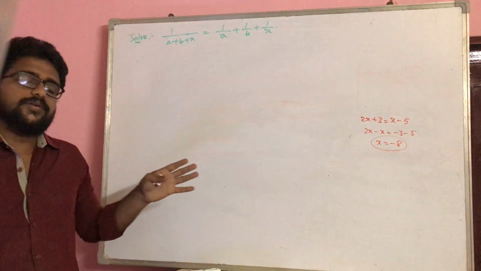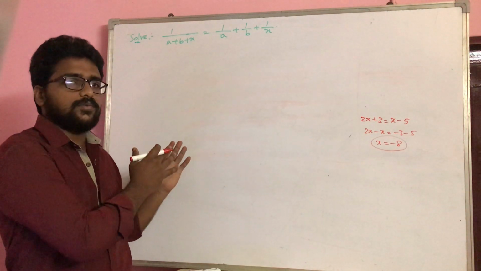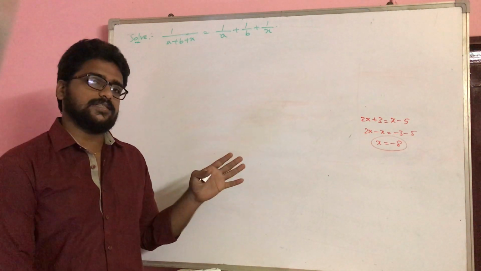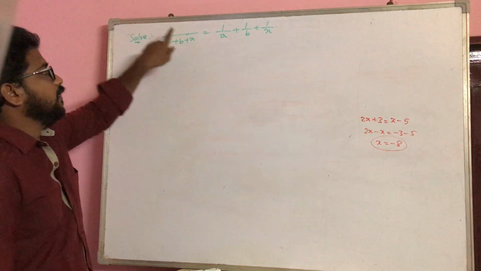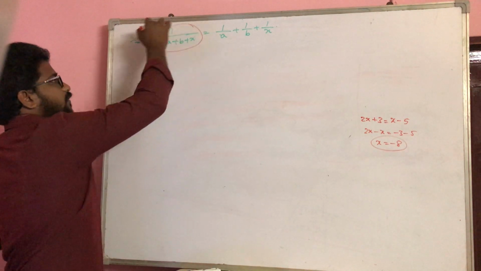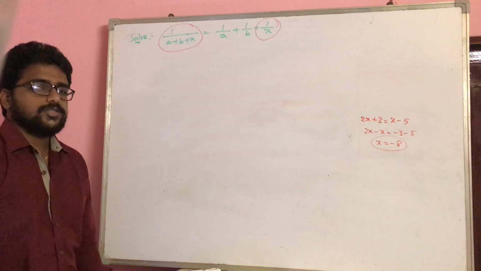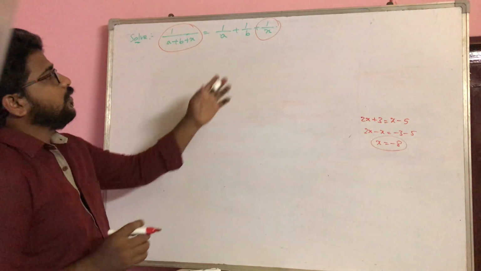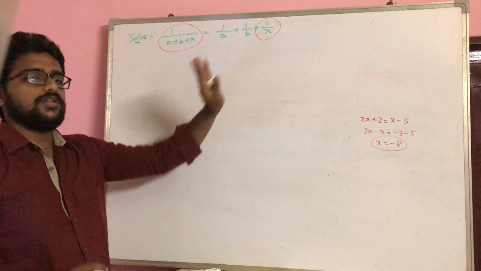See, what you actually did here, to get the value of x, is you tried to pull all the variables to one side and all the constants to the other side. That will help you get the answer. In a similar way here, this is a term which has a variable and this is another term which has a variable. So the basic thing you have to do is bring all the variables to one side first, followed by the constants to the other side.